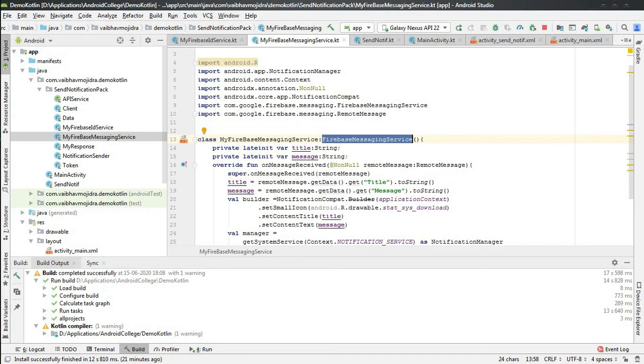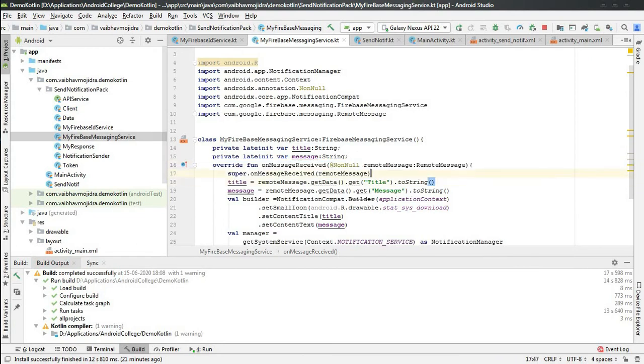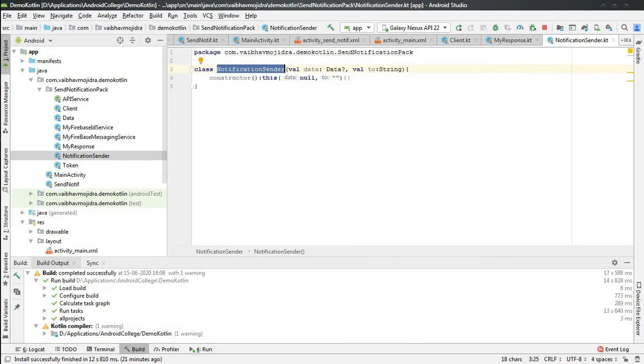And because it is a foreground service, it won't stop even after the application is closed, because as we know, after Oreo, Android has restricted background services. Basically it supports services, but only for a few seconds after the app is closed. So we have to whitelist the service and create our own service. I am not using that. I'm just using the Firebase service, because the Firebase service is already whitelisted by Android. So that will be working in the background even if the app is closed.